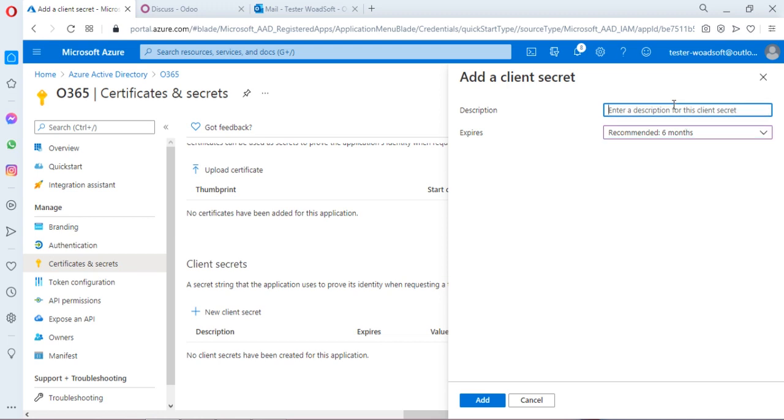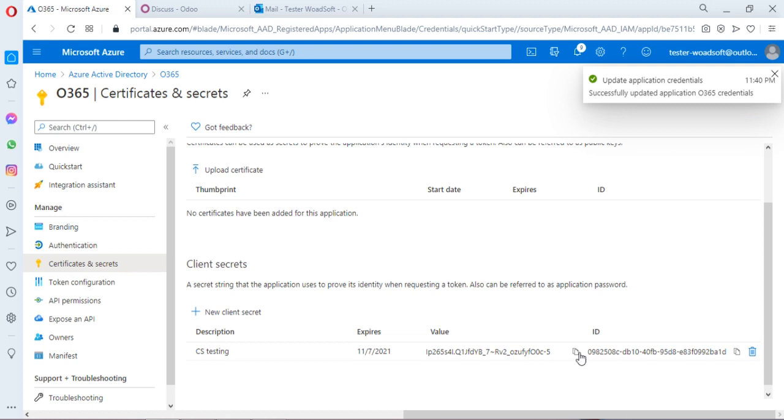For example, I can add a few keywords, and after that you click on the add button. This will take a few seconds to create a client secret.